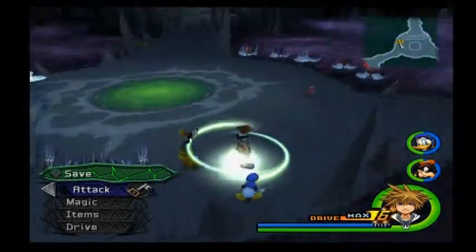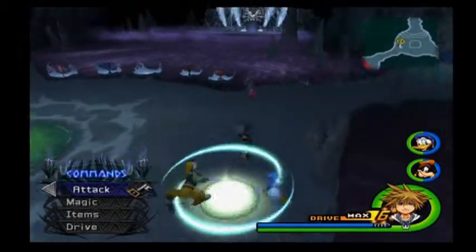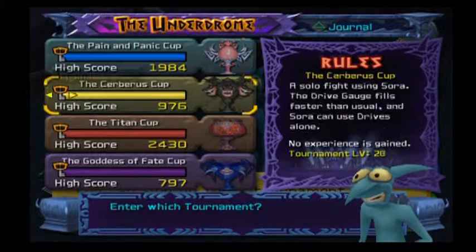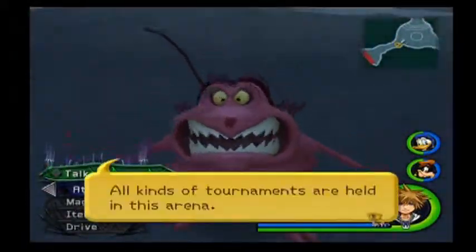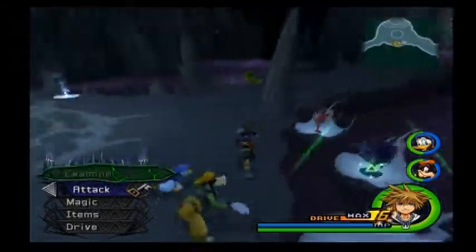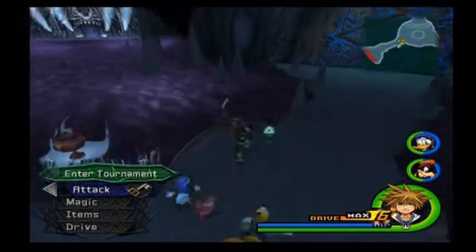Anywho, once we left Olympus with the Goddess Cup completed, new stuff unlocked for us. So, there are new tournaments for us to go to, which, I'm trying to remember who I have to talk to for this. There's new stuff to do, I just can't remember who I talked to. I thought it was...